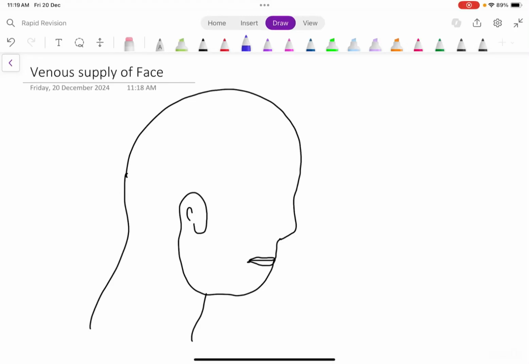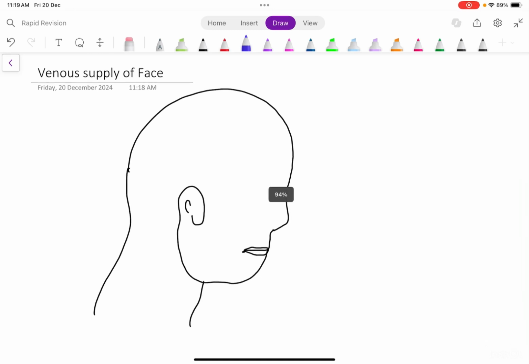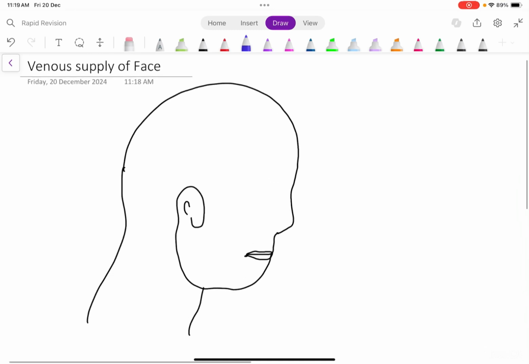In this video, I will be talking about venous supply of face in a very easy way to remember so that it's easy to recall. So let's just start with the venous supply of face. Now, for the venous supply of face, I want you to remember two things, that we have different branches draining into EGV and different in IGV. Let's just start from the easier aspect.